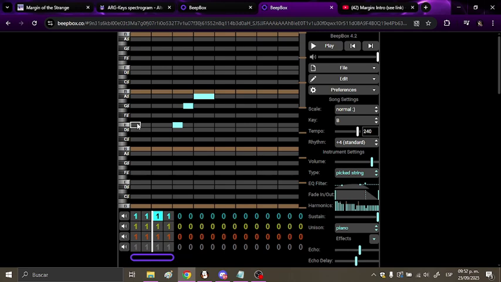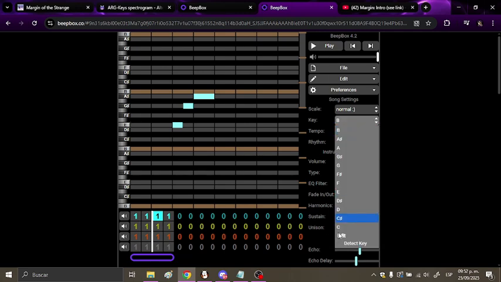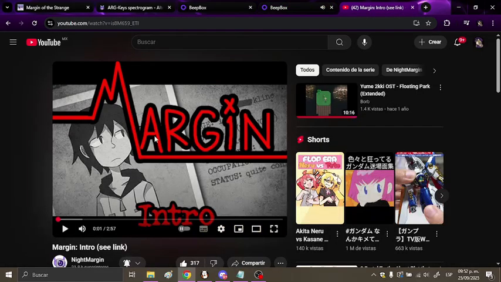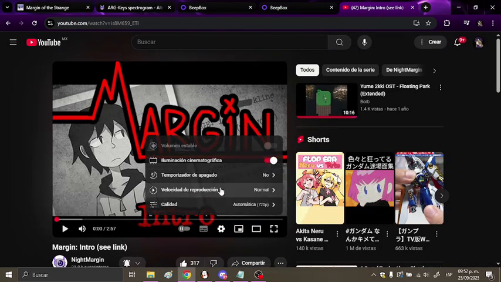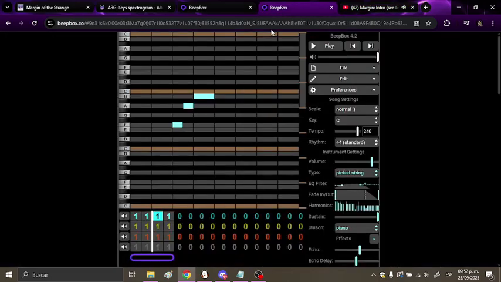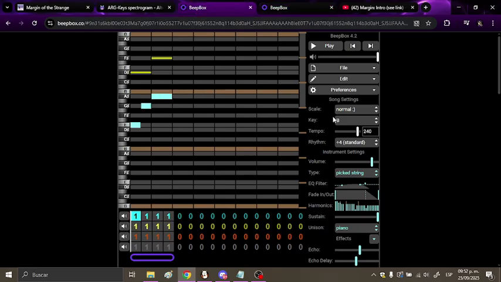Okay, but what about... let's go back to C here. What about E and G? Well, this sound bit is not just those three notes. It has another layer to it. If you listen closely, there are higher pitch notes on top of this. If we put those here on top of them, like this,